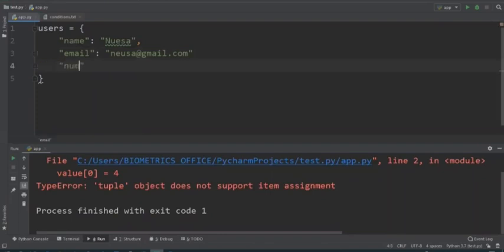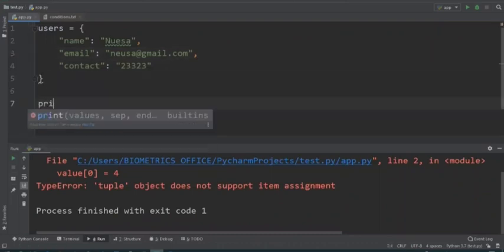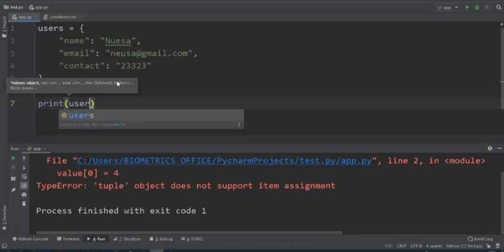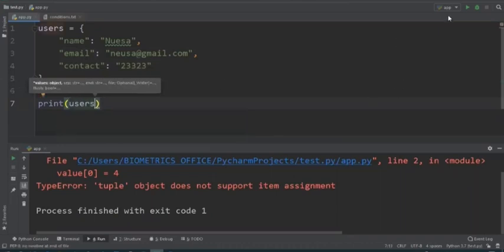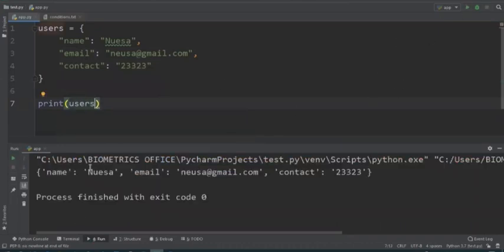Let's say number or contact, and then separate it with a colon. Let's say whatever, any number. So we did not use a comma here, that's why we're getting an error. So if you go ahead and print your dictionary, print users, and check your terminal, we get